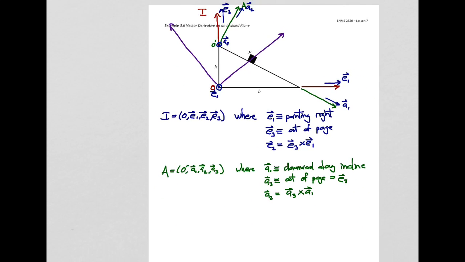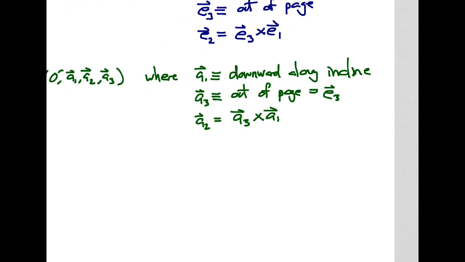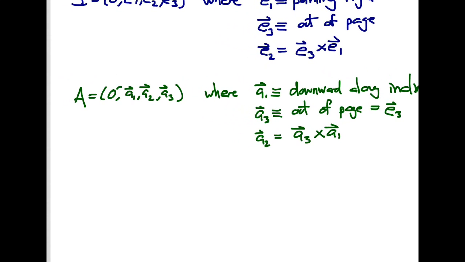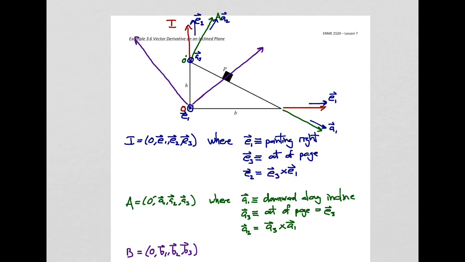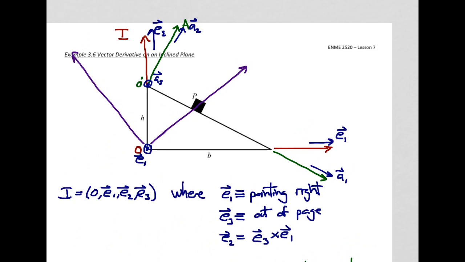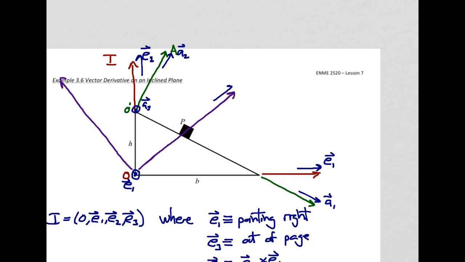This will be our B reference frame. So B has an origin at O, B1, B2, and B3 are the basis vectors. So let's draw our basis vectors on here. We'll have B1